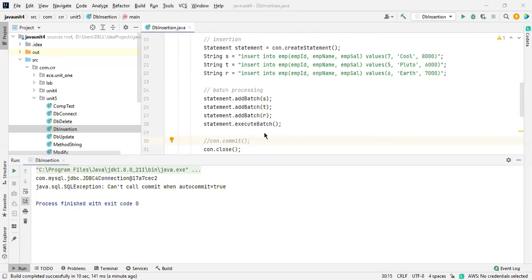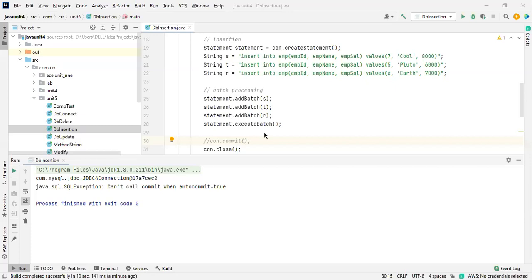Initially, when you are going to set this commit, we have to go for auto commit also. After the connection, we have to set auto commit to false. Then only this will work. Yes, I forgot to tell you that one. Just a second.